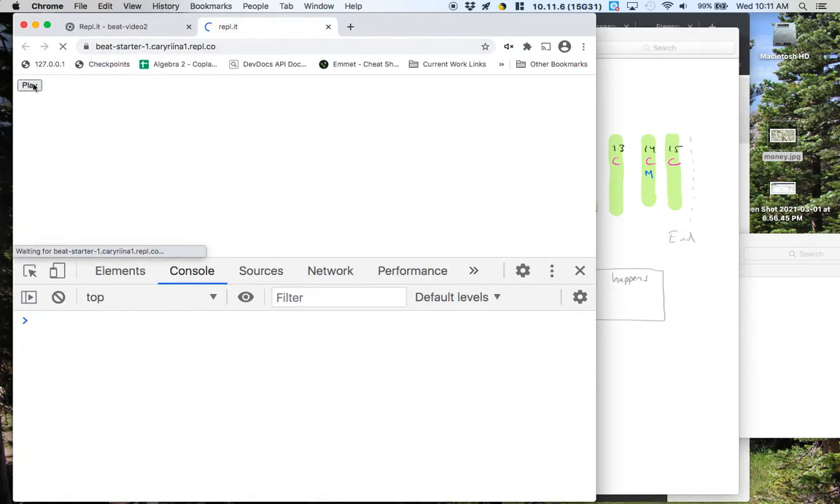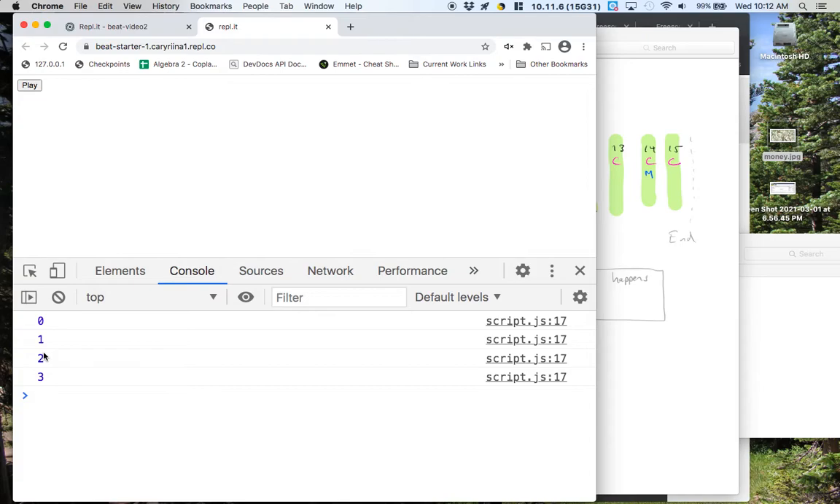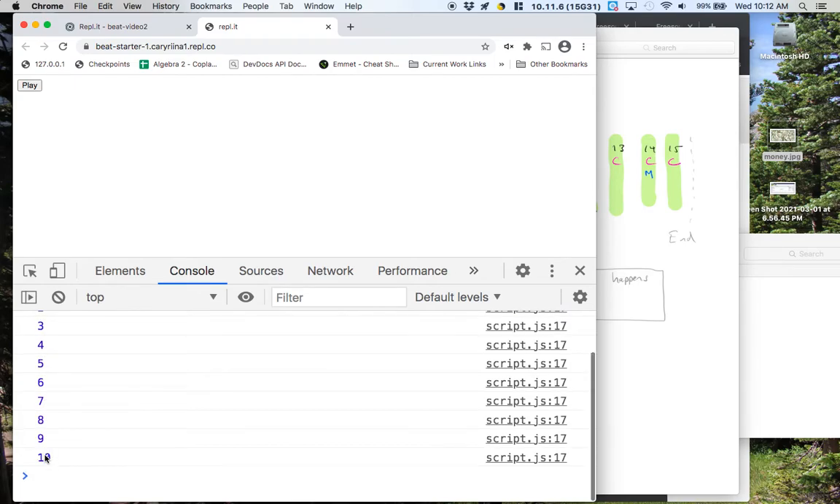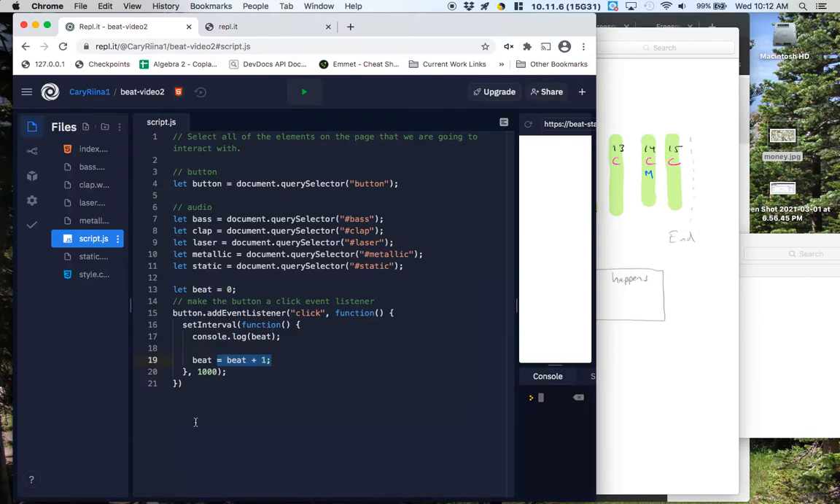Let me refresh my page here and see what happens now. I'm going to refresh it again. I don't know why it's taking so long. Press play, and now we should see our beat actually count. It's almost like a musician would count 0, 1, 2, 3, 4, 5, 6. You can see it's got that repetition where it's happening on a consistent time frame, and that's going to make it feel like a beat. That's coming from the set interval, which is happening every